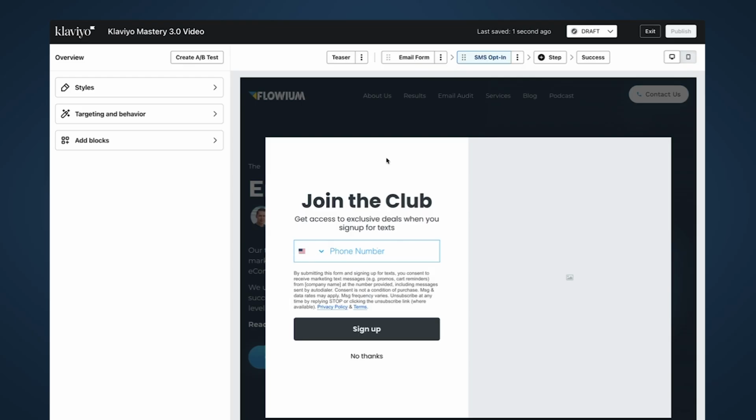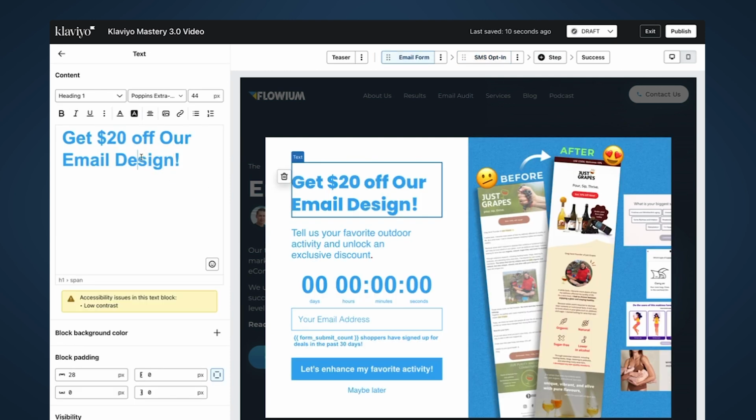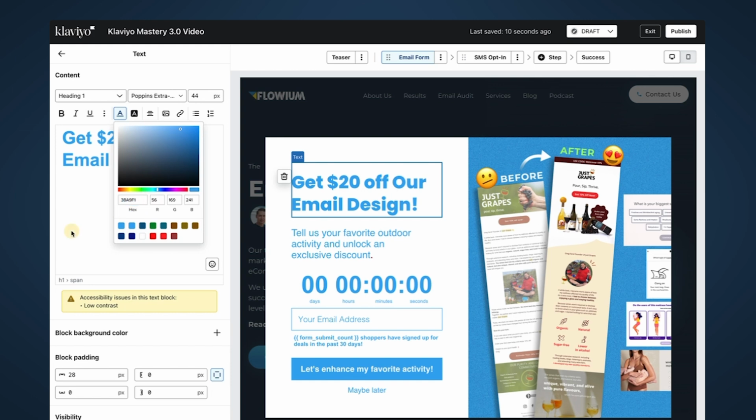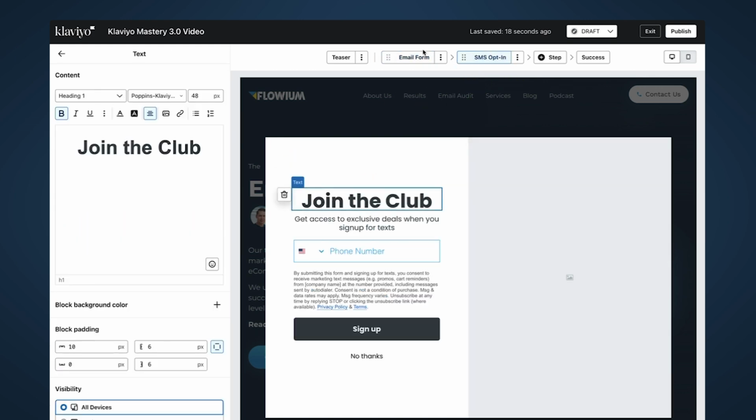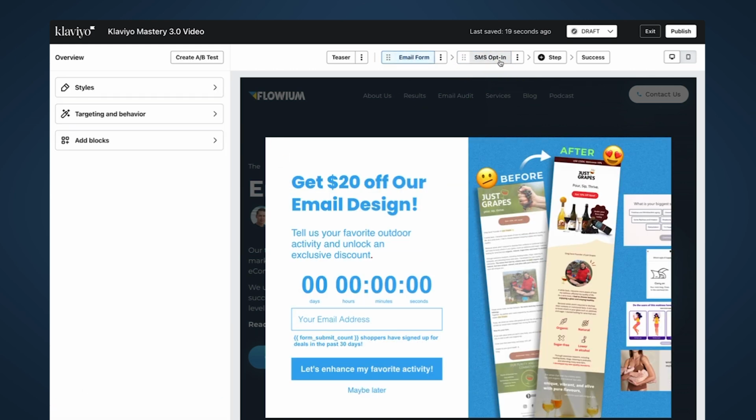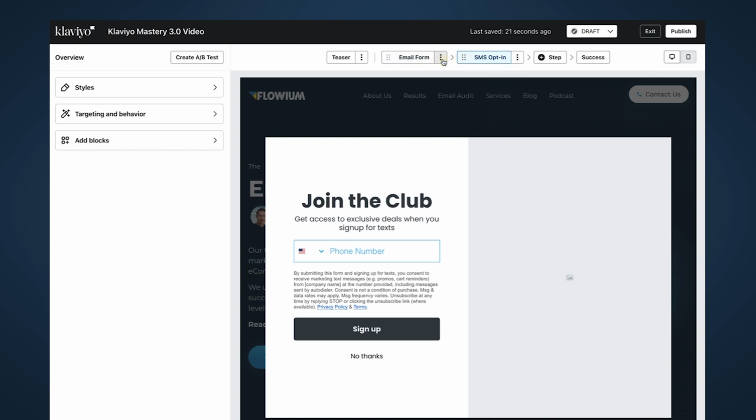And as you can see here, it's already created the form for you. Now we just need to make sure it looks like the form we created in terms of colors and in terms of types. So this is one way to do it. Another way to do it, you can just clone this form,